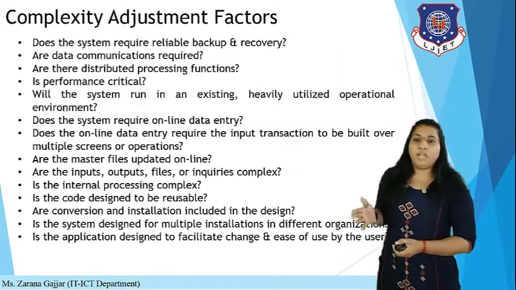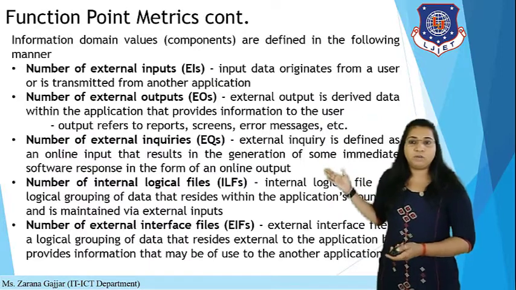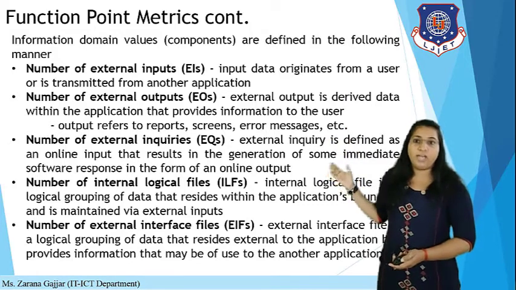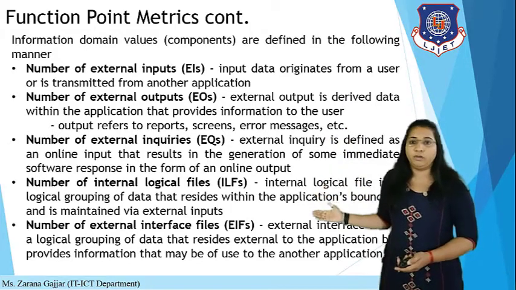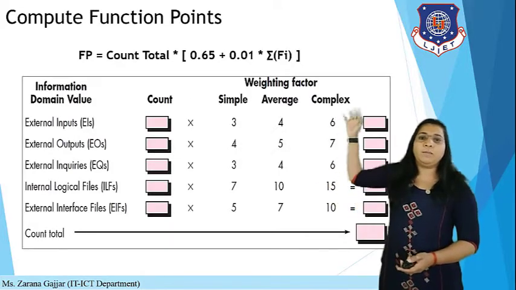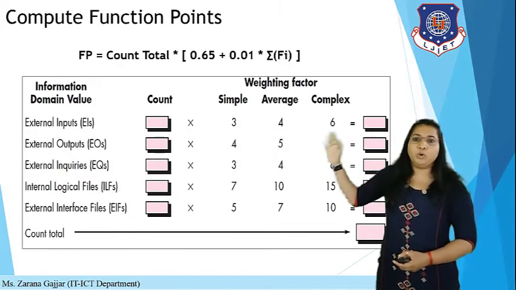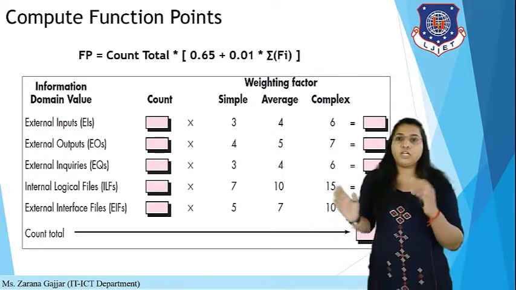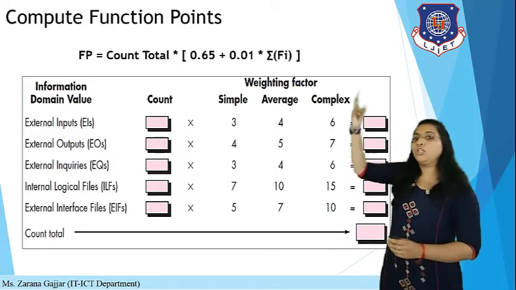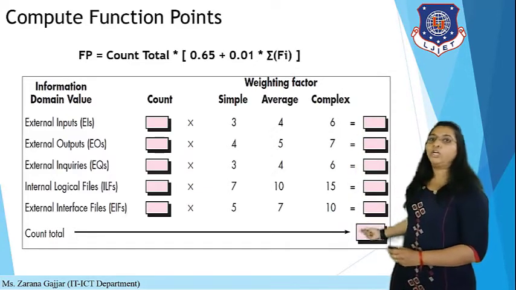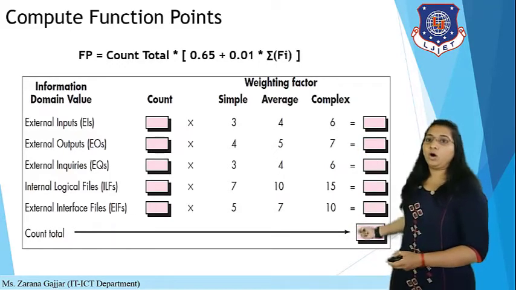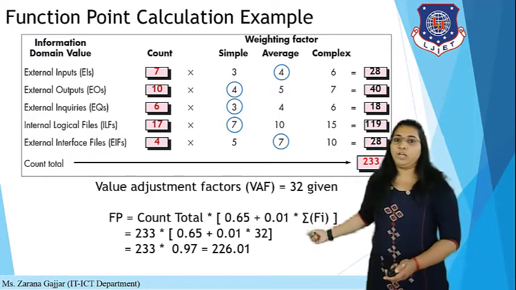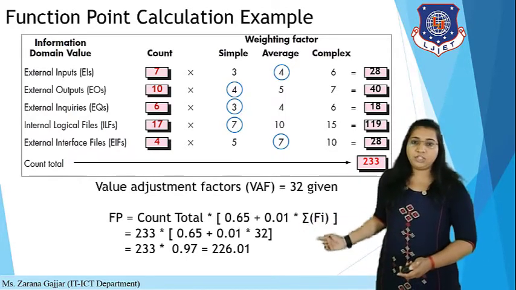Let's summarize it. We have studied in function point what a function point is, and what the measures are: external input, external output, external inquiries, internal logical files and external interface file. Then followed by particular symbols. You have to calculate whether your project is an average complexity project, a simple project or a complex project. Based on the given factors you have to calculate the count total. We have calculated the total count and based on this we are able to recognize the total FP. So FP is generated based on this.